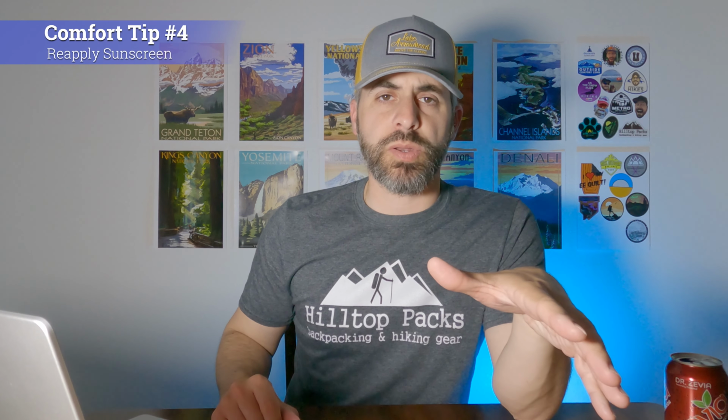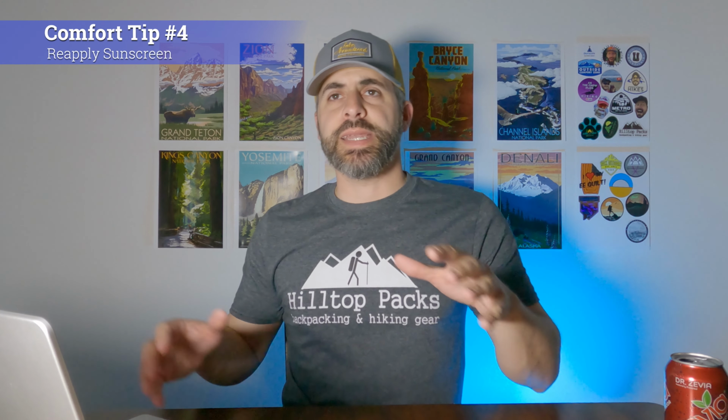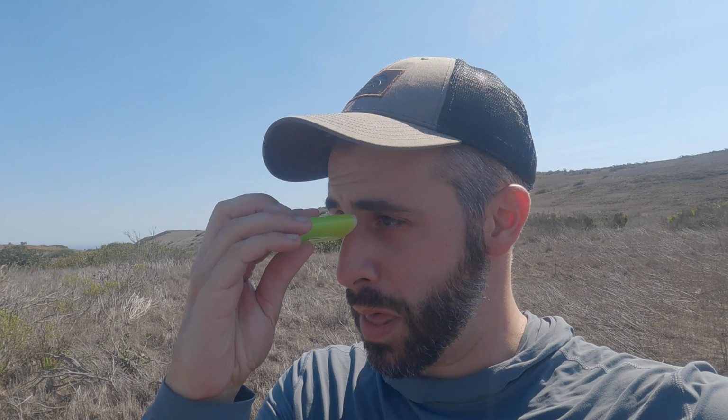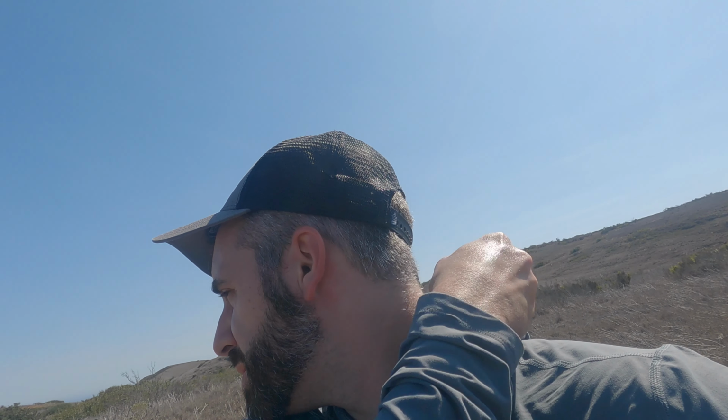Next tip I have for you is to put on sunscreen before you start your day and before you start hiking, and then keep it handy, like I had mentioned, in that hip belt pocket or easily accessible throughout the day so that you can easily reapply. And the reason why you want to do that is because obviously you want to reapply sunscreen so you don't get burned. That's going to help you stay more comfortable, but keeping it handy is also a pro tip for you there,